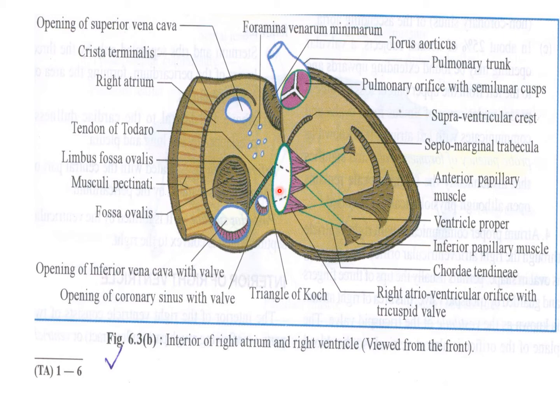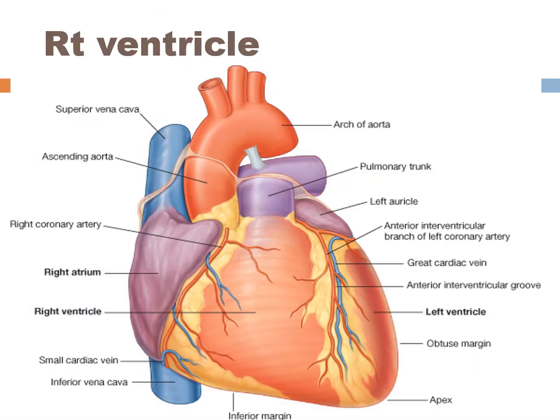The plane of this orifice is almost vertical, so the blood flows almost horizontally from the right atrium to the right ventricle. तो उसका जो flow है, right atrium में से right ventricle में जाता है. So one way होता है. So here we have completed the interior structures of the right atrium. Now right ventricle. So right ventricle में आपको क्या क्या देखना है? External features of the right ventricle, then interior of the right ventricle.